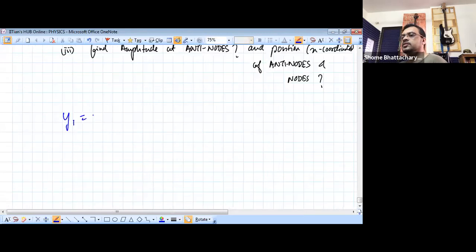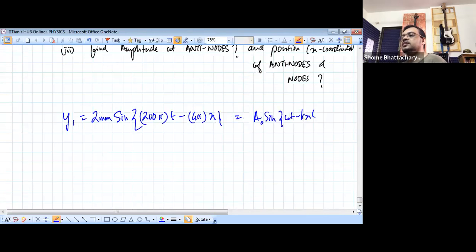So y1 is 2 millimeter sine 200 pi t minus 4 pi x. And for the moment, let's just write that as E naught sine omega t minus kx. And y2 is 2 millimeters